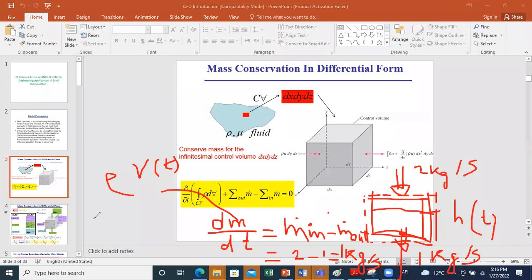So I can replace M by rho times cross-sectional area, which is constant, times h(t). Now if I derive M with respect to time, and I know that the density and area are constant, I can take them outside, then I can find that